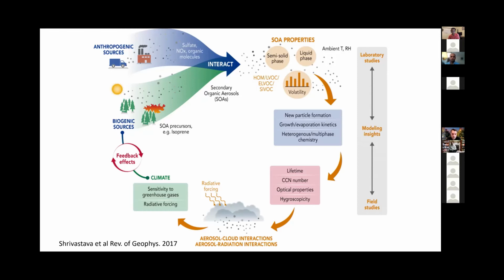that influence SOA, and then SOA has influences from there on the Earth system in many different aspects. And so I think as part of this community, our goal is to help understand at a fundamental level these processes and properties that influence SOA, and vice versa, how these properties of SOA, its amount or its contribution to particle formation or its ability to form ice and so on, influence back on climate, so that we can represent this in Earth system models and understand better how changes in climate will influence SOA in the future or vice